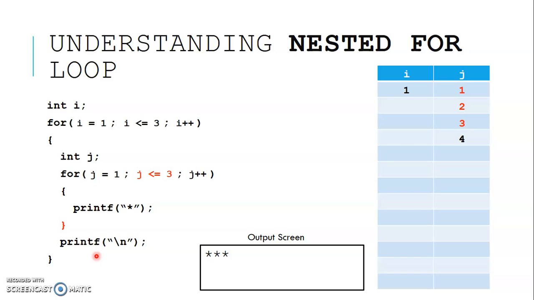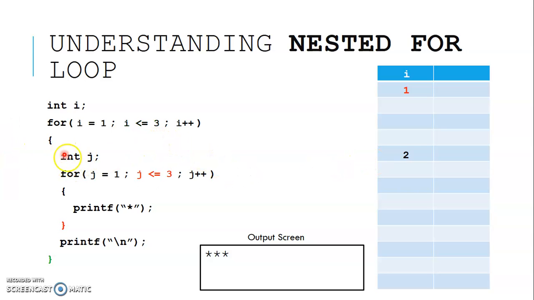Okay, and then it goes to the next statement. The next statement is getting i incremented, because this is the end of the loop of the first iteration of for i. Because it has reached the end block or closing brace of the i for block, it has to go next to i plus plus, which is the update statement, and so i plus plus will increase i's value from 1 to 2, and so the next statement is i less than or equal to 3, and in this case i is 2 and 2 is less than 3, satisfied, and so